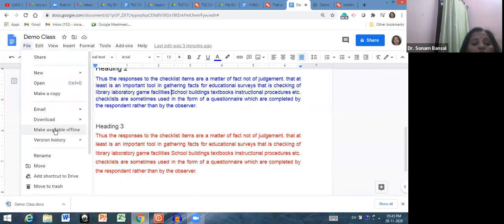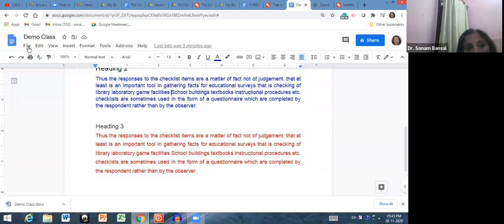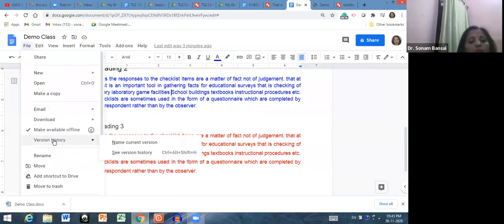Then if you want your document to be available offline, you have to click here, and then this document will be available when you are offline also, right? Then yes, this is a very beautiful feature of this. Means if you share this Google Doc with so many persons, 4 to 5 persons, because this is a collaborative tool, means 4, 5, 7, 10, 20 persons can work collaboratively on this particular document at the same time with whom you have shared this document.